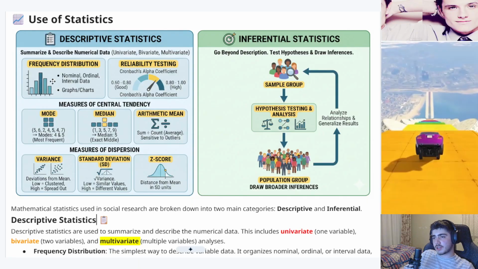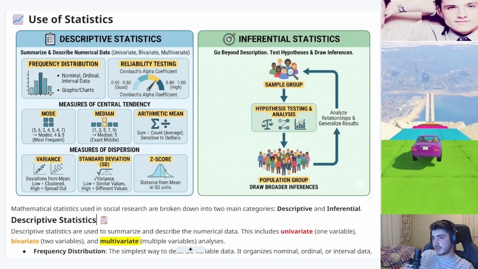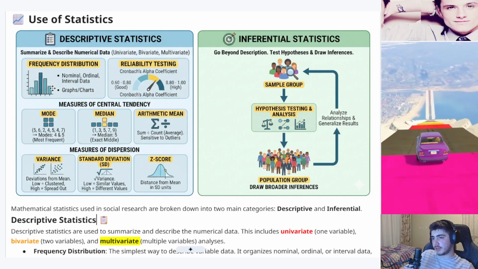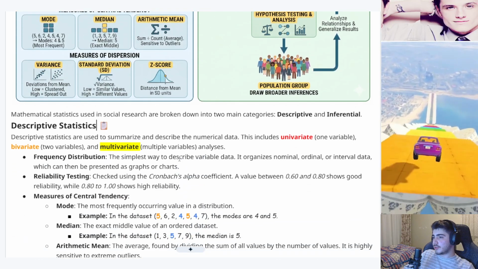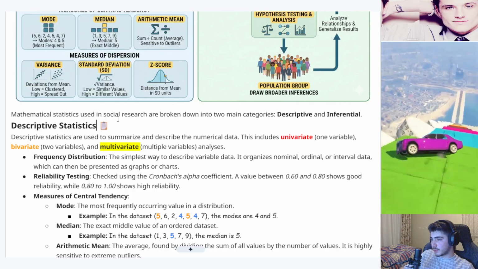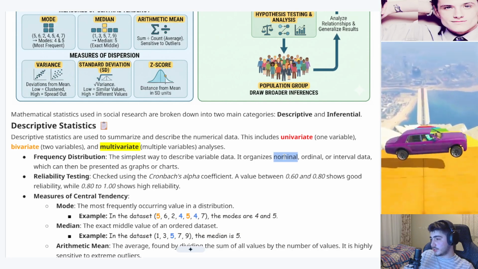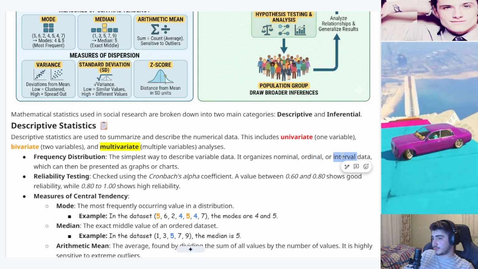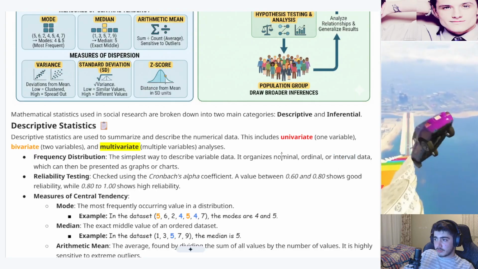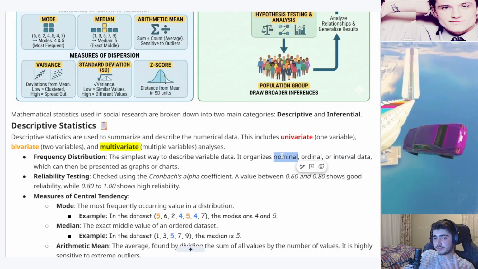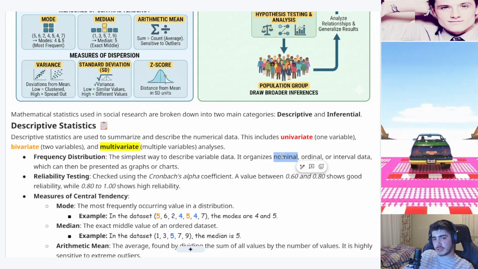So these guys are very happy, is what I'm saying, but they are a minority. So we have multiple ways of organizing data. It goes nominal, ordinal, and interval data. Nominal means, I think it is either,